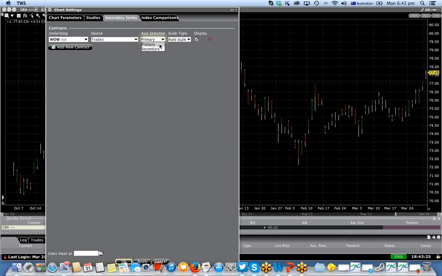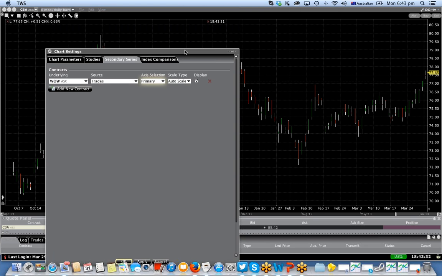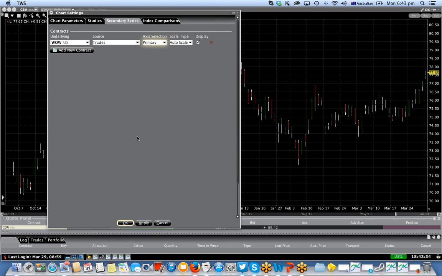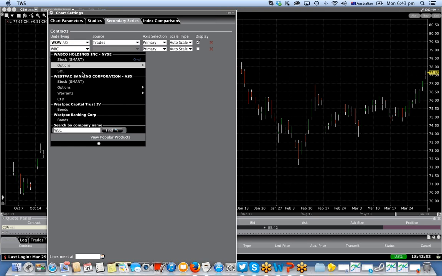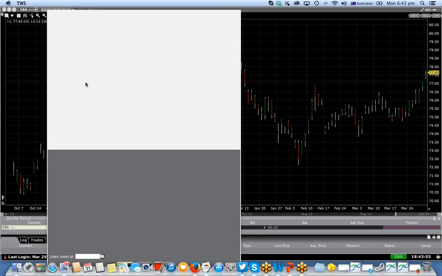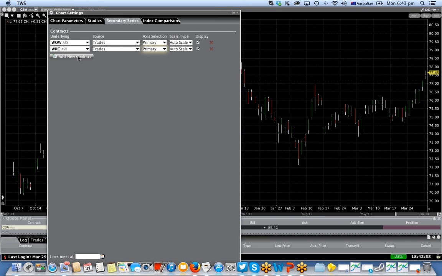Let me just demonstrate few ways how you can do it. Notice there is auto scale. So if the prices are completely different, then it will scale it to the point so you can see it accurately anyway to compare these indices. So once I selected Woolworth, I can add another contract, and in this case I can add WBC, for instance, VSPIC, and the same, select stock, and this is primary as well, and